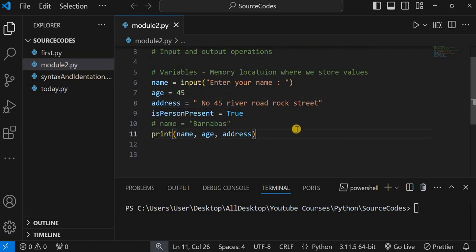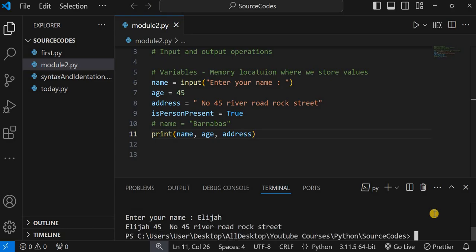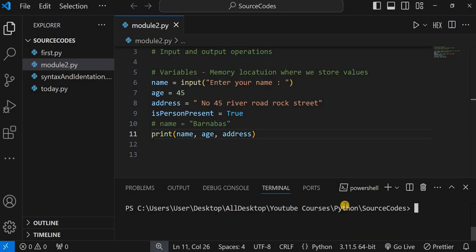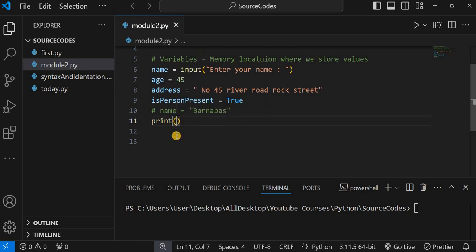So we'll run it again one more time before we end this particular session. I run module2.py. It says enter name. Enter my own name, Elijah. It prints Elijah, 45, number 45 Rock Street, which works. Everything works the way we want it to. But if you want to do a little formatting here so that it will be clear and make sense for all of us,